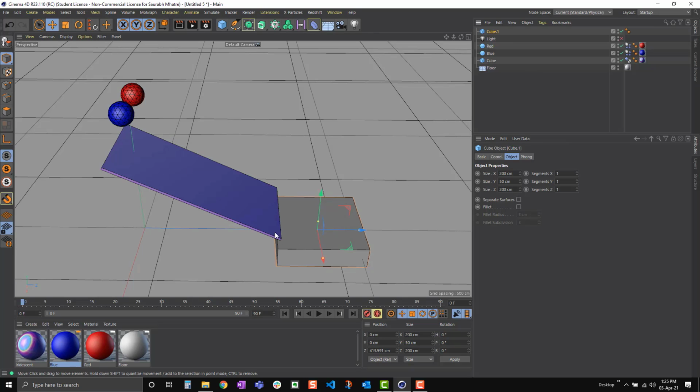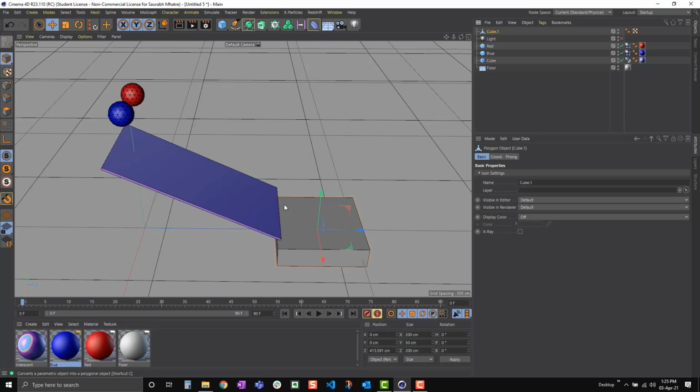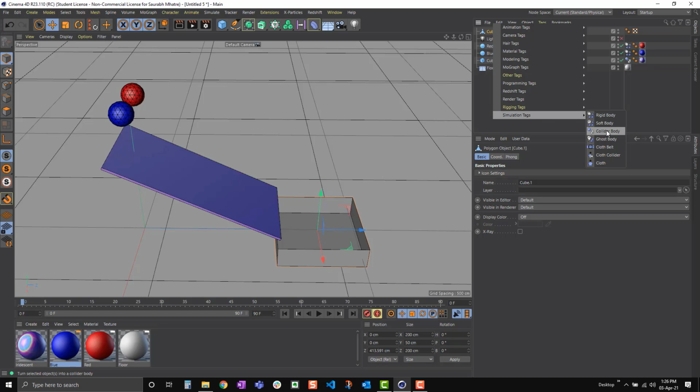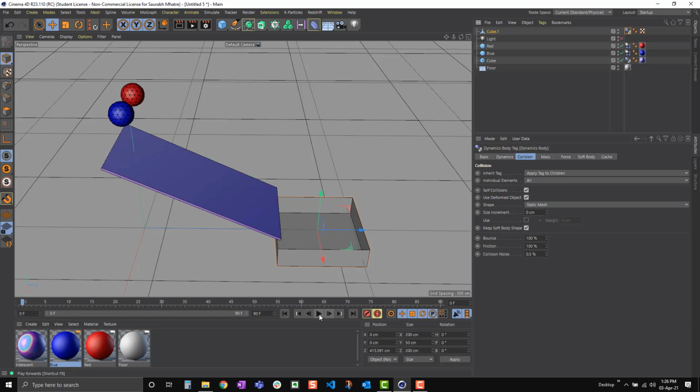And I want to actually remove the top surface, so for that I can use this command called edit, so edit, make editable, and then use the face selector to select the topmost face and just delete it. Go back to object mode, and even for the cube I also have to assign it a collider tag. And now when I play the animation,